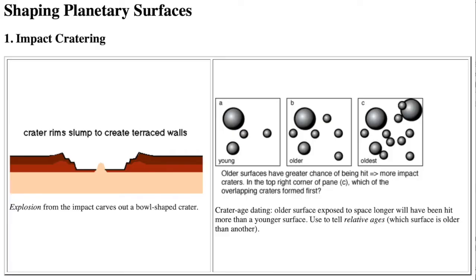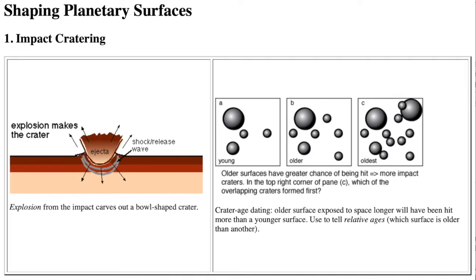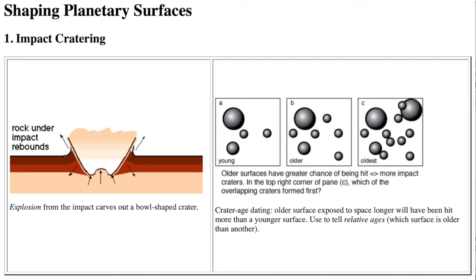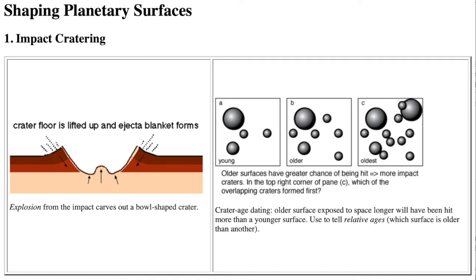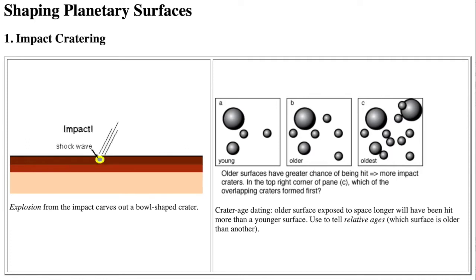Next slide. Now we move to what shapes the surfaces of the terrestrial planets: impact cratering, volcanism, erosion, and tectonics. These agents also act on the surfaces of the large moons of the Jovian planets. Let's look at something that happens for any body with a solid surface, whether there's internal heat or not: impact